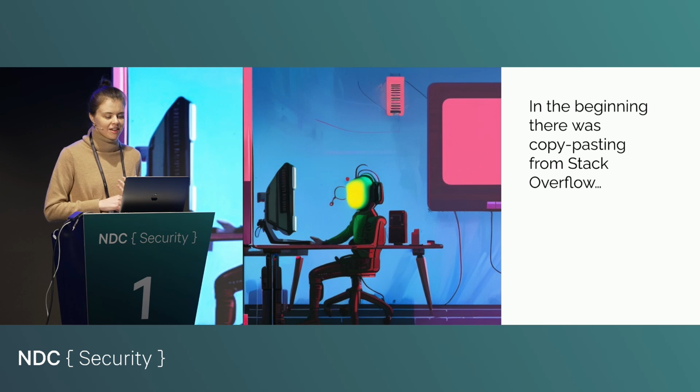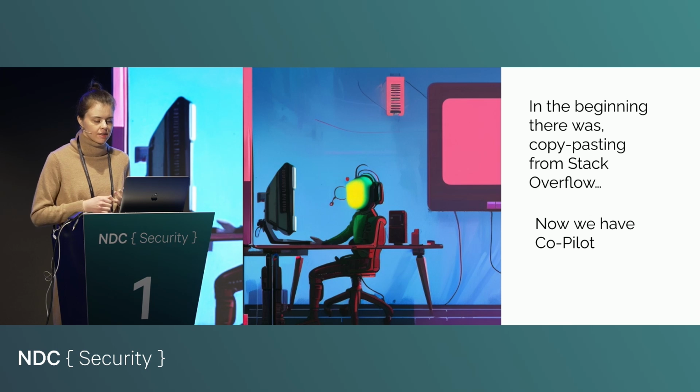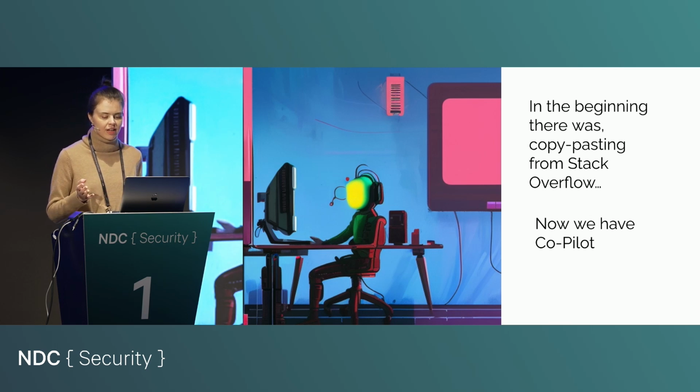I'm sure everyone here has probably done it once or twice. I know I have. But now we have that, taken to another level, which is Copilot, GitHub's new code generation program. I don't know how many of you here write code every day, but in software developer circles, GitHub Copilot is a new extension that you add to your favorite editor, such as Visual Studio Code, and then it helps you write code. Sometimes you can write a comment and it will just auto-complete the whole function for you.